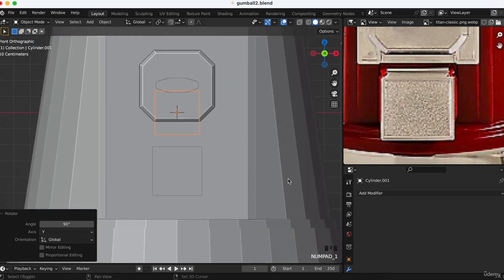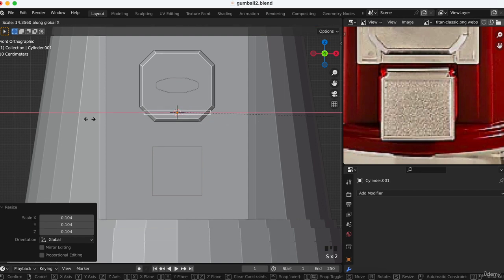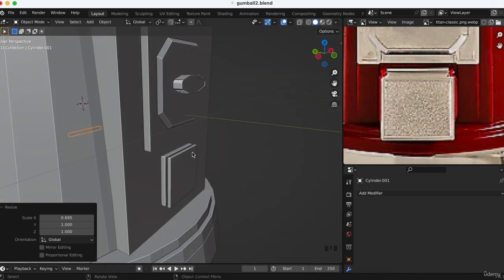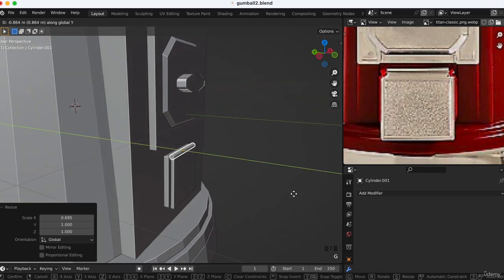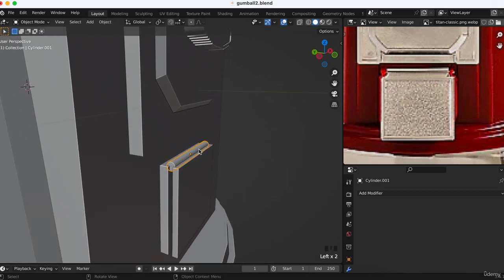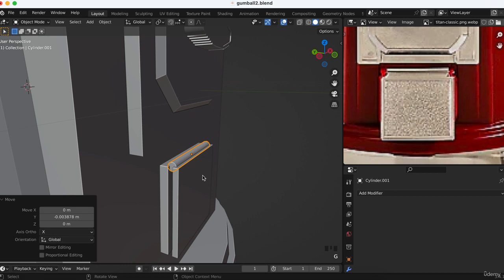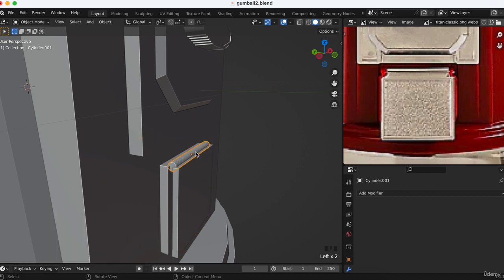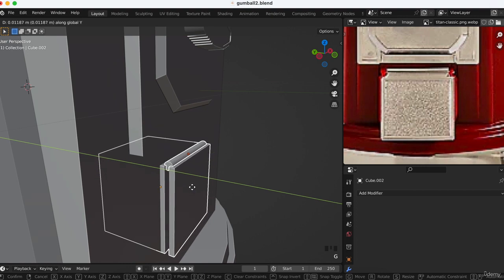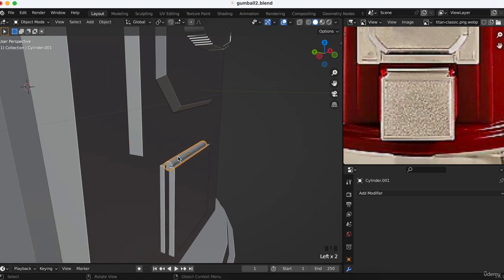numpad 1, S, and then S, X, put it like this, G, Z, S, X, to put it approximately like this, and then G, Y, you can put it like this, and we can select this, shift this, G Y, put it more like this, and then the cylinder, right click, shade